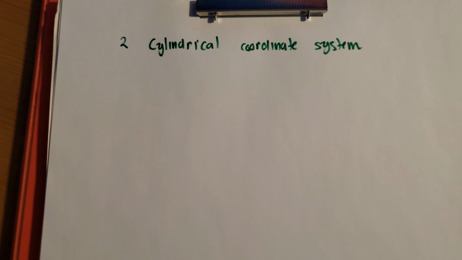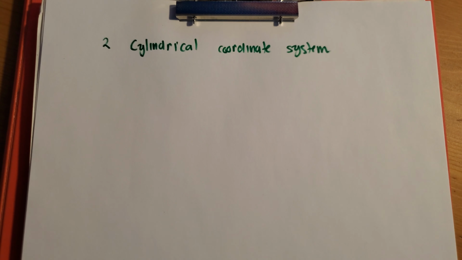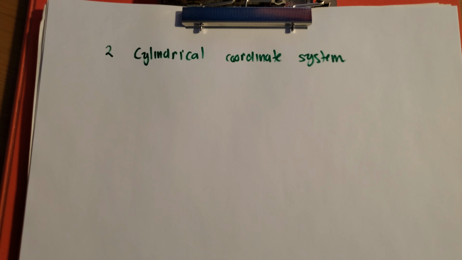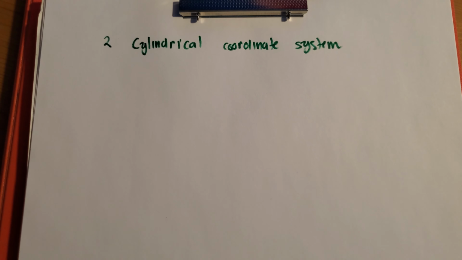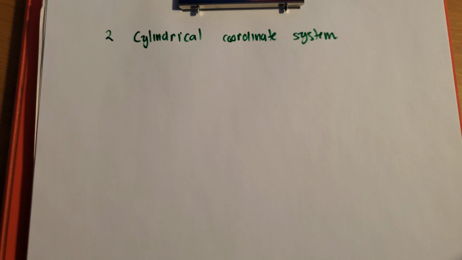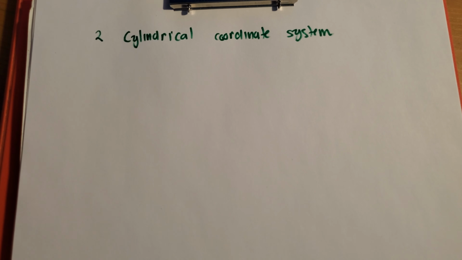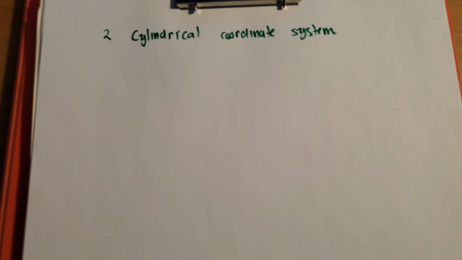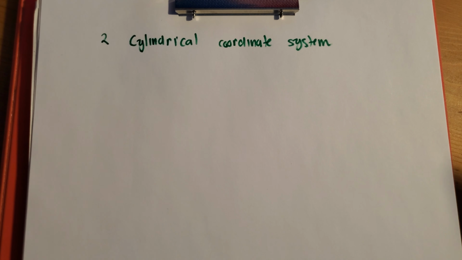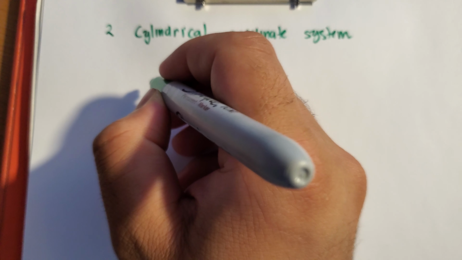This is tutorial number 2, and we're still focusing on the same idea as the last tutorial, where our goal is to identify a point in space using a different coordinate system. In the last coordinate system we had Cartesian coordinates, which basically meant we move in the x direction, we move in the y direction, and we move in the z direction to get to a point. However, this time we have different coordinates, which are called